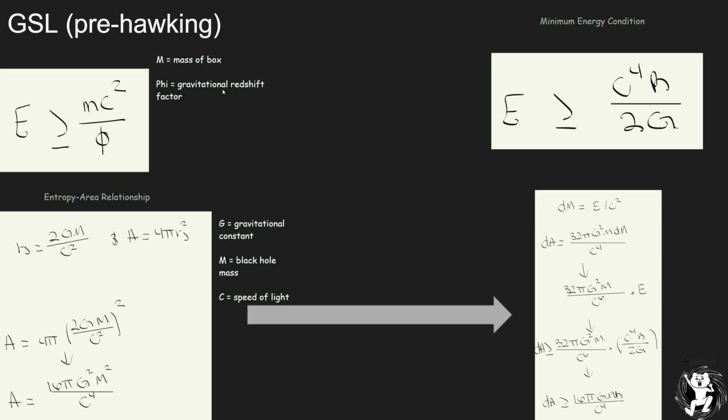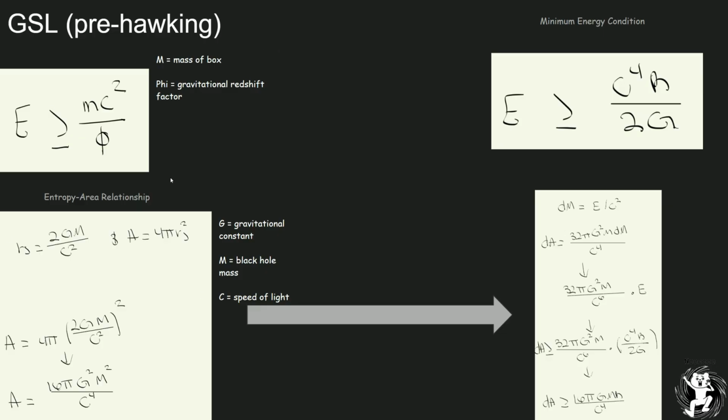This formula is based on the fact that compressing the box to a certain degree or too much will actually cause it to collapse into the black hole, setting a lower bound on the energy required to push the box across the horizon. Taking all this into mind, he had to do an entropy area relationship, where this leads us to the Schwarzschild radius